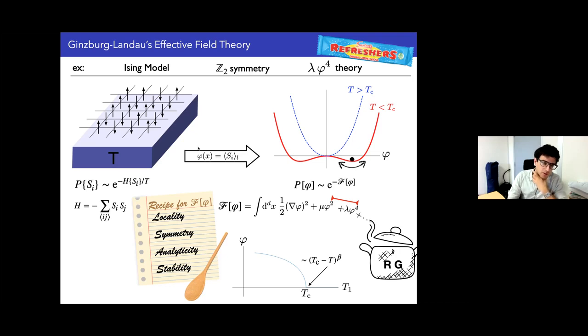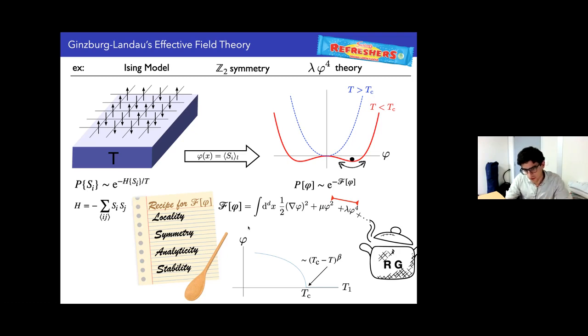Because we're working here with the Ising model, you all know that the corresponding theory is the lambda phi 4 theory. It's written here. You have a gradient phi squared, a mass phi squared, and the lambda phi 4 term. That's also sometimes called the Ginzburg-Landau-Wilson model. And in general, for generic systems, Landau gives us a very simple recipe to construct this free energy density, which is very elegant and really not costly at all.